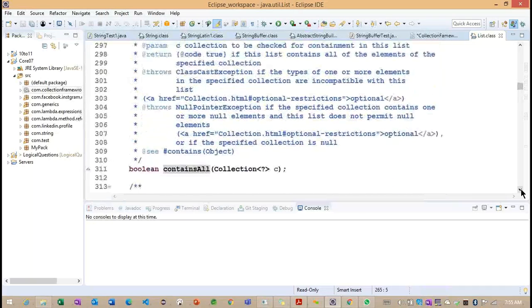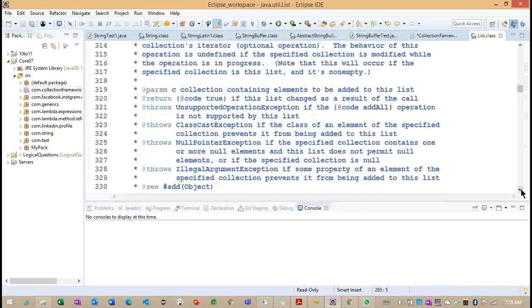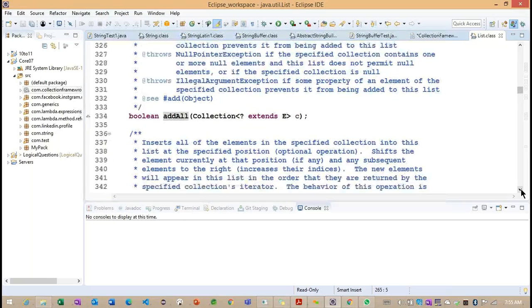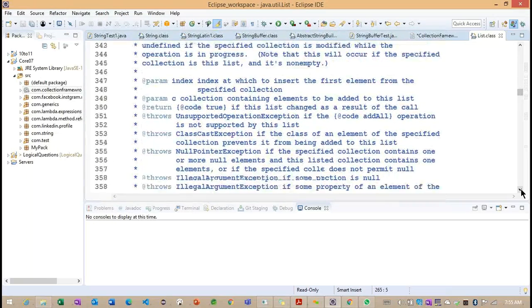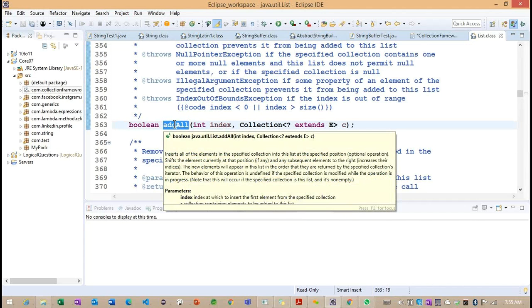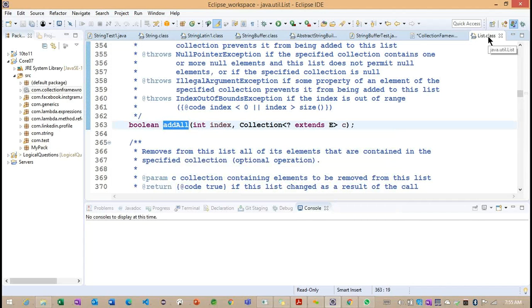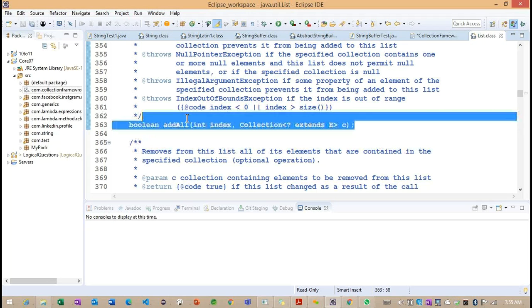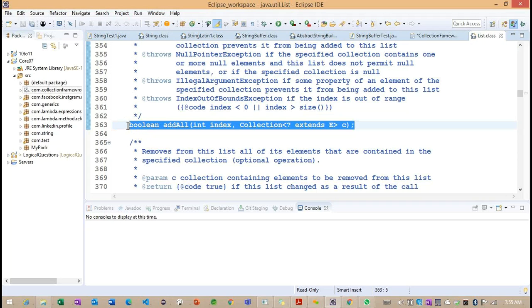The remove method, contains method, and addAll also we identified, which are coming from the collection interface. But this method is a specific method to the list interface. Getting the point? So this method is specific to the list interface here.